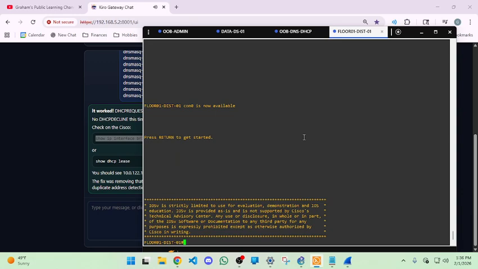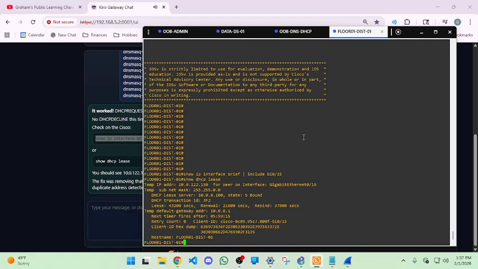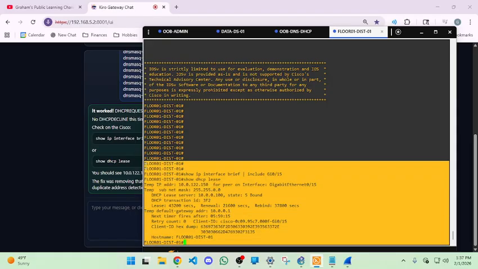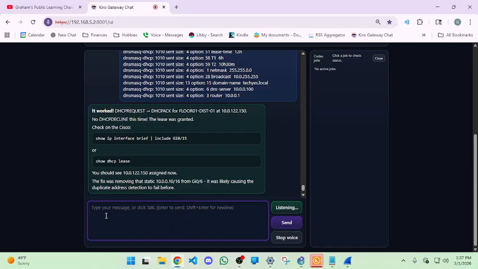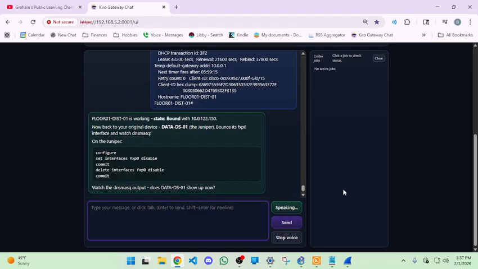Check on the Cisco, you should see 10.0.122.150 assigned now. The fix was removing that static 10.0.0.10/16 from Gi0/6. It was likely causing the duplicate address detection to fail before. FLOOR01 DIST01 is working, state bound with